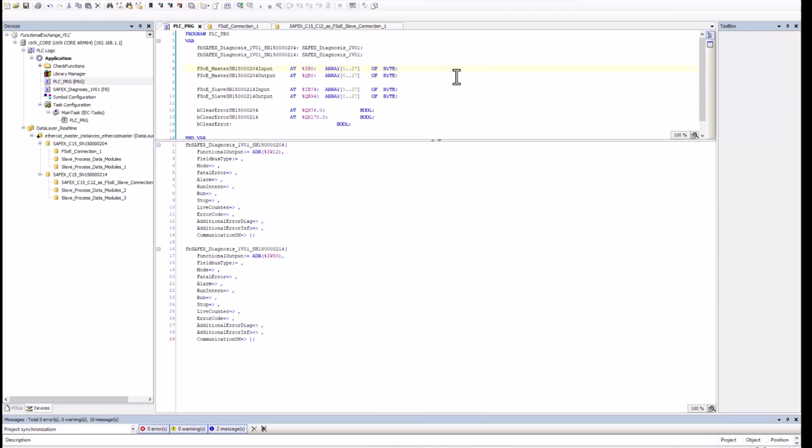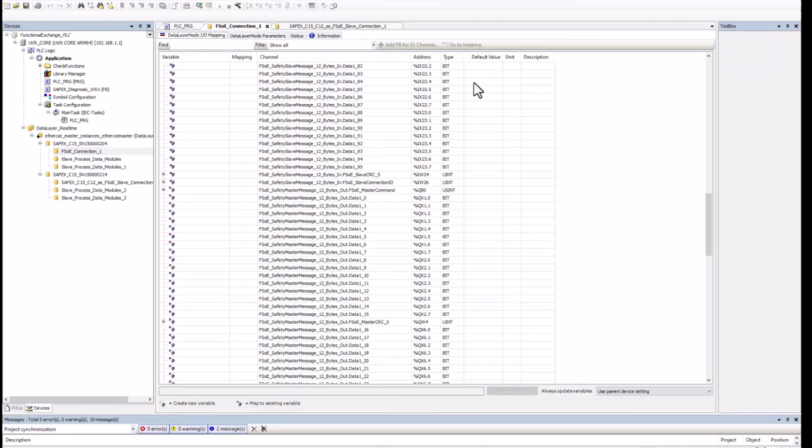Here the complete packet of FSOE data is mapped. The FSOE master packet starts e.g. with a FSOE slave command byte, then comes 2 bytes of user data, then again the FSOE slave CRC etc. and some other information. So the mapping of the data from the FSOE master to the FSOE slave and the opposite direction is done in the PLC program.